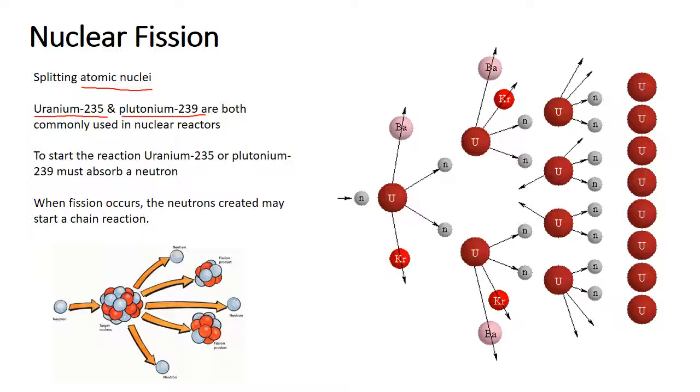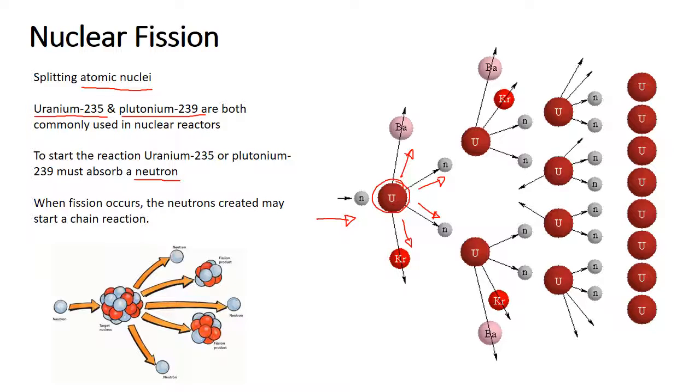But to start a reaction with either of these two atomic nuclei, they first need to absorb a neutron. So this neutron starts off fission. And when fission starts, the neutrons created then start a chain reaction. So if we look at this example here, we've got uranium-235, and it's being hit by a neutron. Now when that neutron hits that uranium, the uranium breaks down and it releases 2 other atomic nuclei and 2